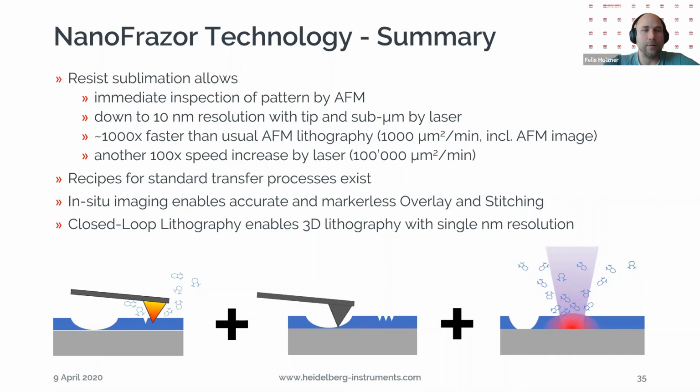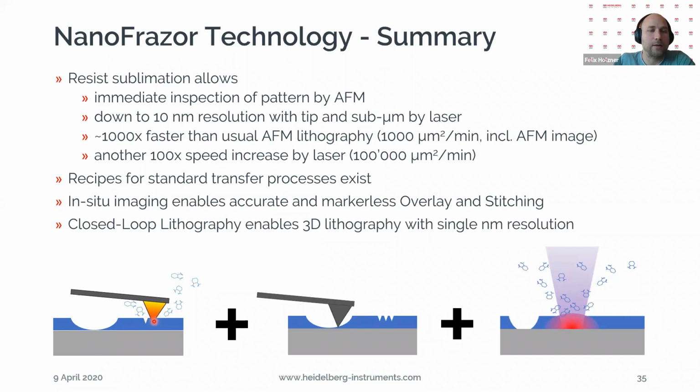So the standard NanoFrazor technology, removing resist, allows, first of all, and the key thing, that you can immediately inspect what you have removed, which is, in my opinion, absolutely crucial to be reliable. You go down to 10 nanometer resolution with a tip and with a laser to sub-micron resolution. And maybe important to mention, it's not a high throughput technology, but we are around 1,000 times faster than usual AFM lithography, like anodic oxidation or dip-pen lithography,